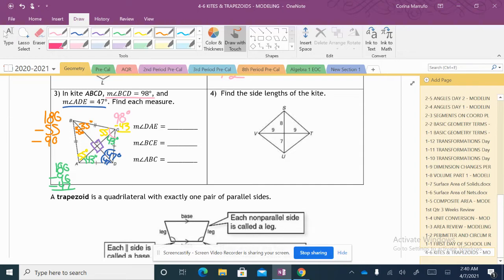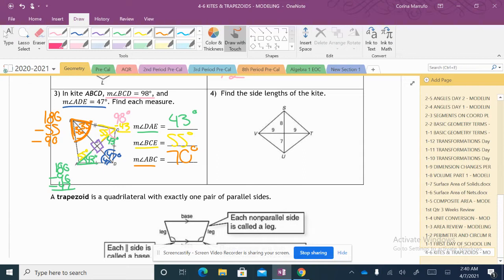All right, so let's go ahead and answer the questions. The first one's asking us for DAE. DAE is this one right here, which is 43 degrees. The next one is asking us for BCE, which is this one right here, which we said is 55 degrees. And then last is ABC. ABC is this one here, which is both of these 35s together. So together that gives you